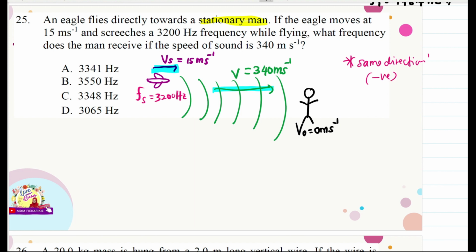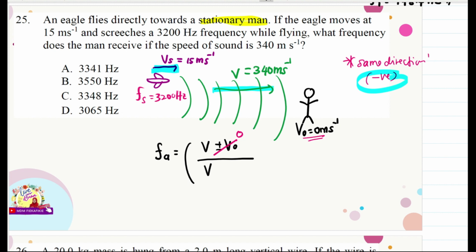Apa yang negatif ni? So, equation for apparent frequency ataupun frekuensi yang akan didengar oleh lelaki tersebut is equal to V. Kan equation dia adalah V plus minus V0. So, yang atas ni kosong lah, sebab stationary observer. Over V